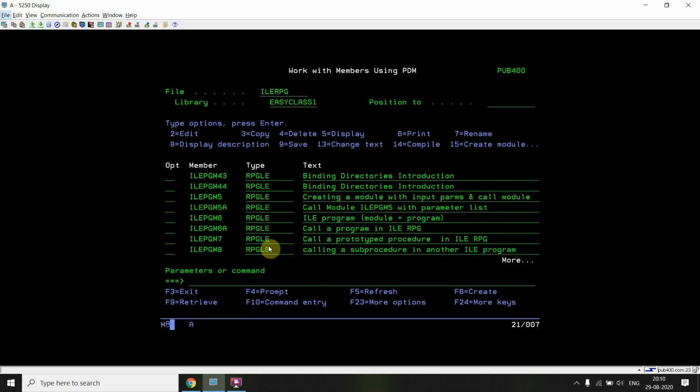So you know when to bind a service program, when to bind a binding directory, and if you don't want to bind a service program, you can bind it using the service binding directory. You also know how you will be taking care of those duplicate definitions, because as I showed you, I added those modules when I was creating the service program, because at that time I required that.